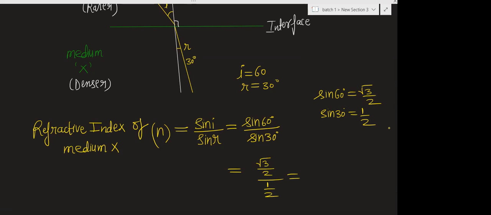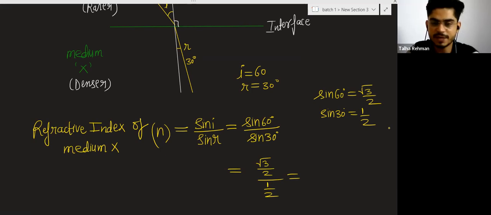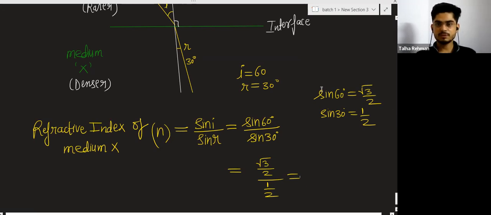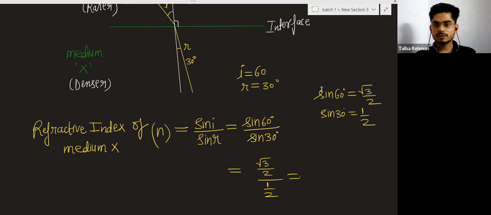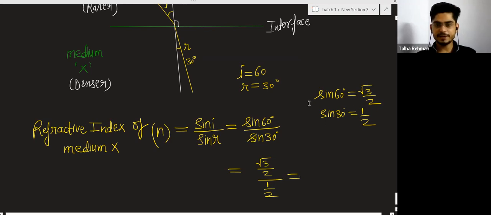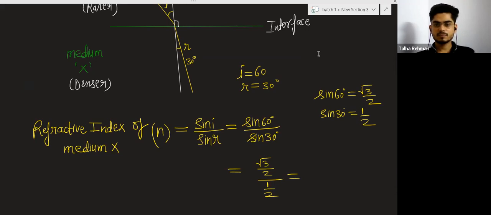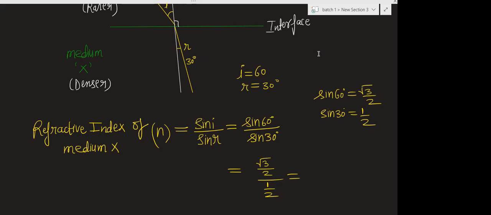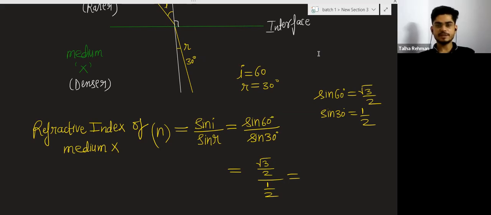Sir, 1 minute. Okay, all of you, please try this. This is very basic calculation. And you can write the answer in terms of root 3 also. Arshia, Hamna, and Sarah, please try this. If you will try to solve this, this will help you. Sir, is it root 3 by 2? Okay, fine. Any other?